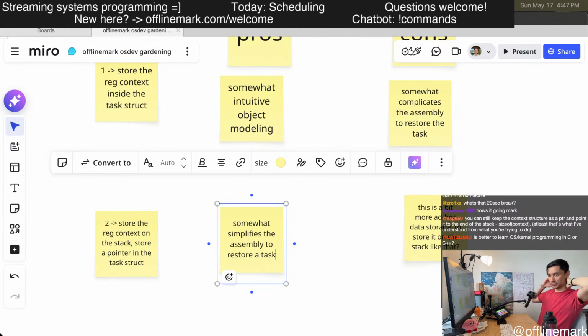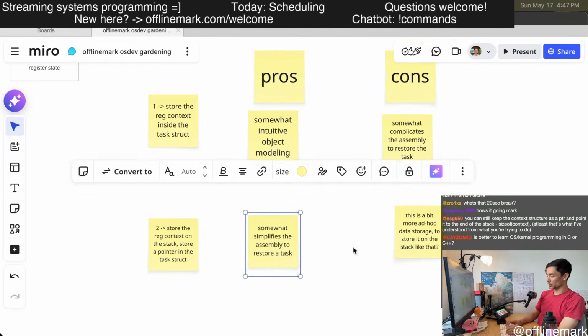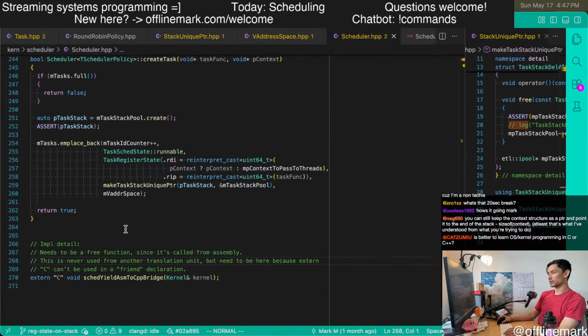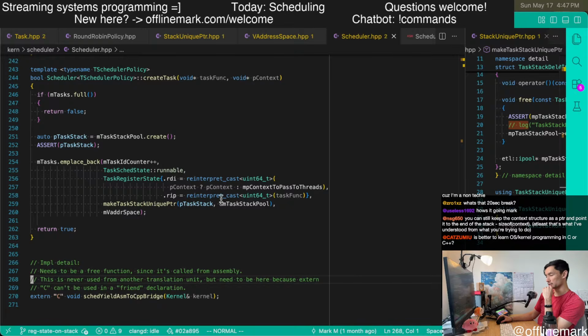Yep, you can still keep the context structure as a pointer and point to the end of the stack. Exactly, that's exactly what I'm trying to do. And so the little roadblock here is just this part. How do I replicate this?